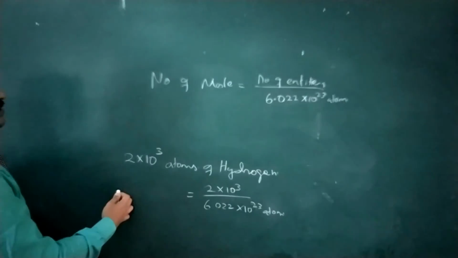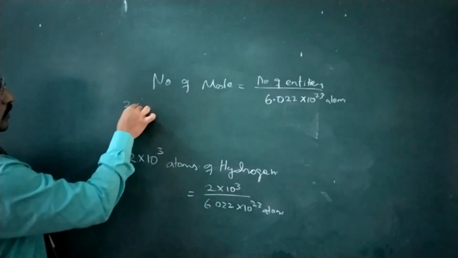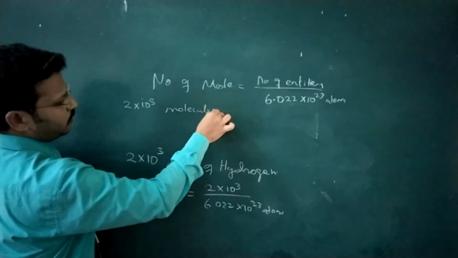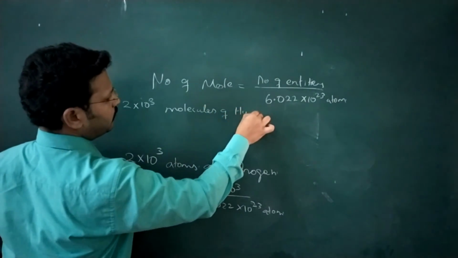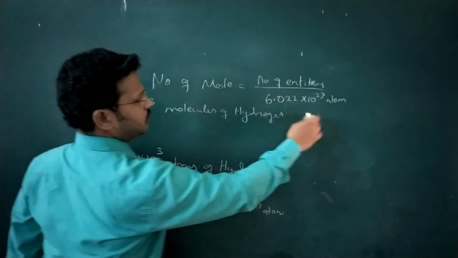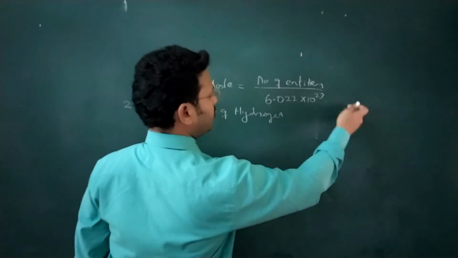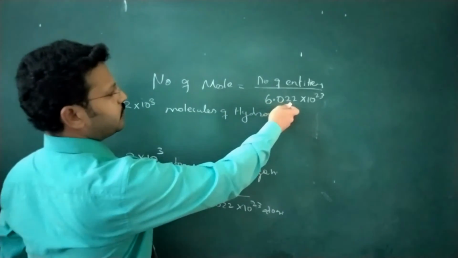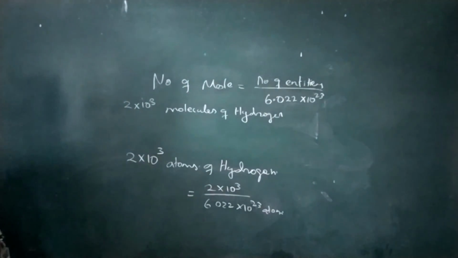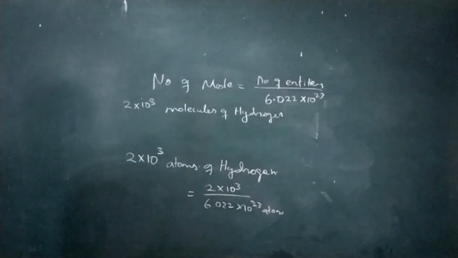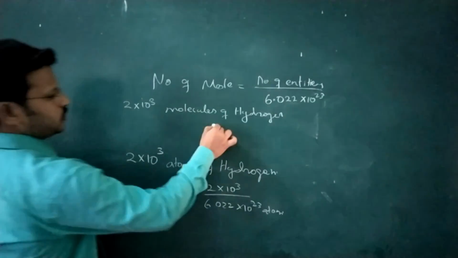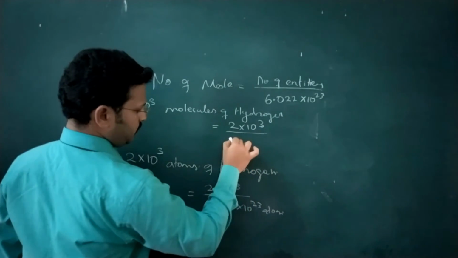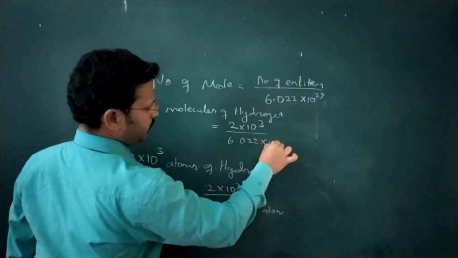The same thing if I consider a molecule: 2 into 10 to the power 3 molecules of hydrogen. Simply change the formula; instead of atoms we consider molecules, so the entity will be molecules, divided by the molar entity, that is 6.022 into 10 to the power 23. So 2 into 10 to the power 3 divided by 6.022 into 10 to the power